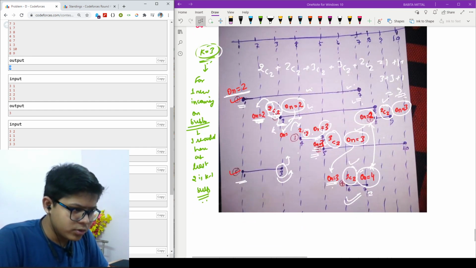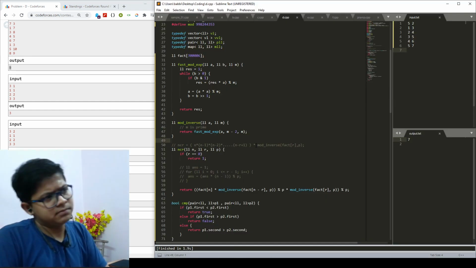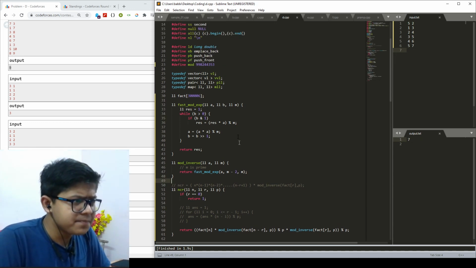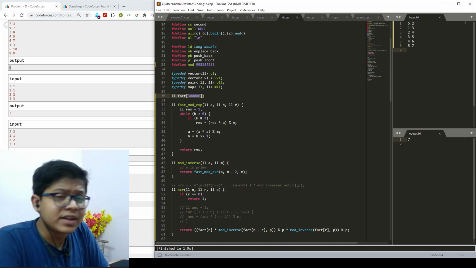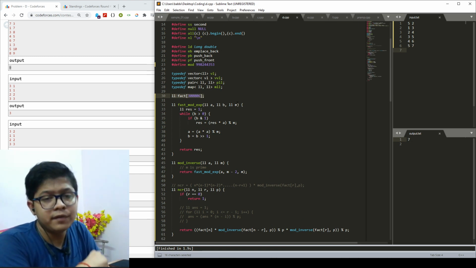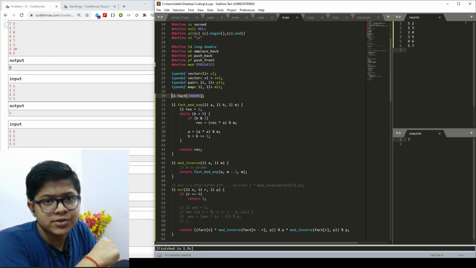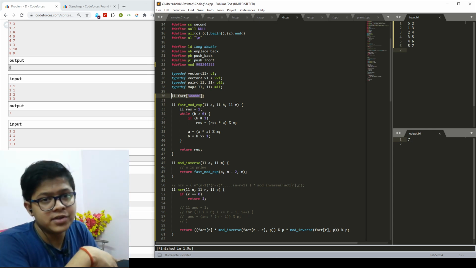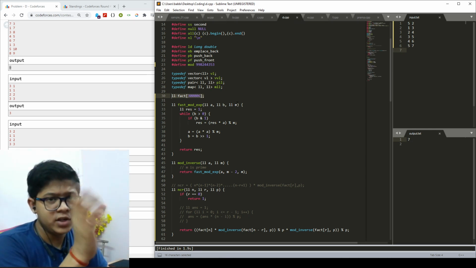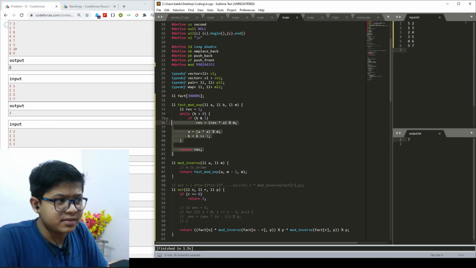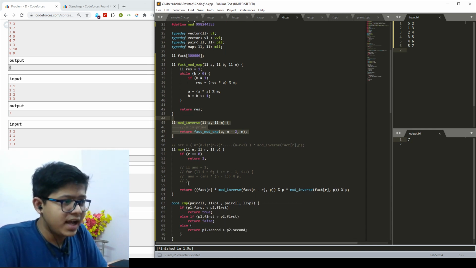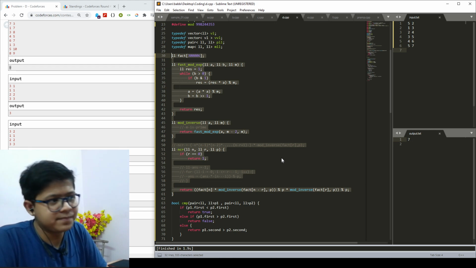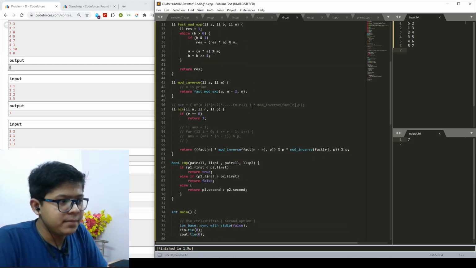It's a bit mathematical and you need to actually understand the PNC part. Now moving on, the code would be nothing new. Firstly, my fact, because I need to find my NCR. For that I need my factorial of n, into modulo inverse of r, into modulo inverse of n minus r, and at every stage I will do mod. So we need the fast exponentiation, which I do right here, mod inverse, which I do right here, and NCR code, which I do right here. That's the whole code to find the NCR, and my fact I will find in my main function.